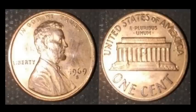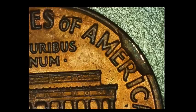Sure, it's a fun date to search through if you're looking for the big double die, of course. But here's another one that maybe you guys aren't aware of. Pretty big CUD die break here that connects from the rim to the top of America. Very sharp. You can even see a little bit of something going on here. It could be an area that could be a second CUD forming. I don't know. But we do know there was a little bit of a crack in the die at that point. But this is another one that I don't talk about enough because it just hasn't shown up in the market enough. This one sold for